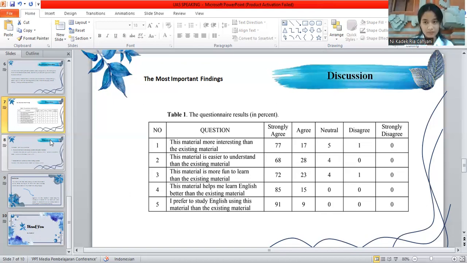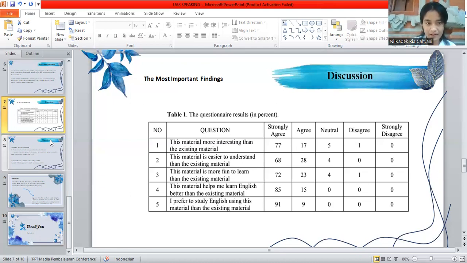So it can be concluded that more students like the new material than the existing material. There are some students who also like the old material due to the level of difficulty, pleasure in learning, material context, and overall references.